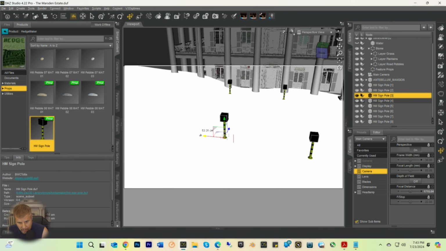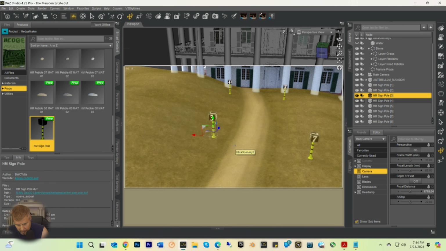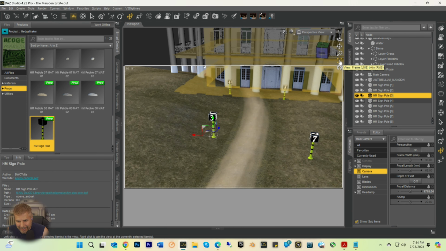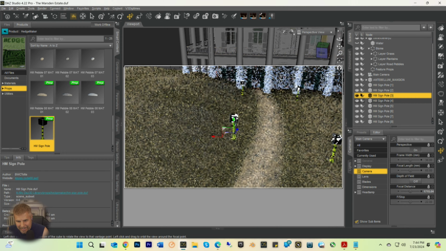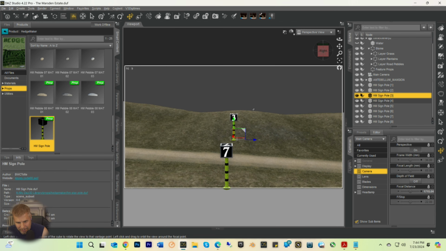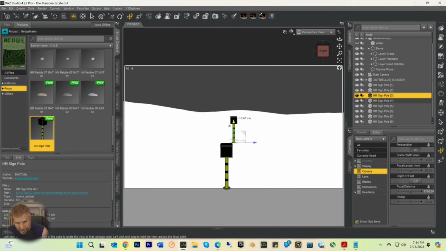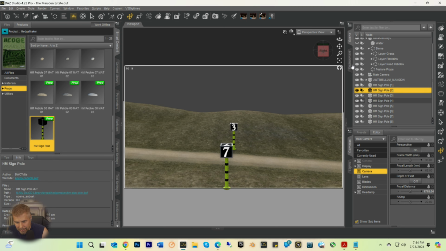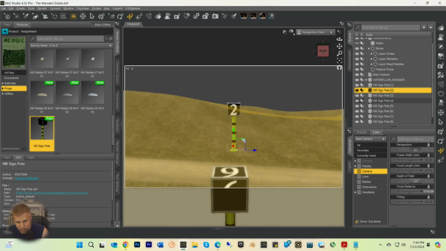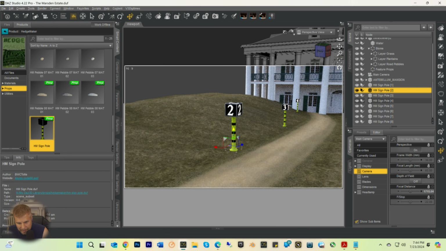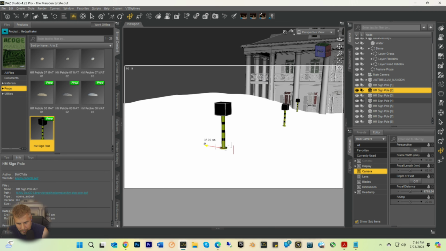How did that get in the middle of the road? Oh, it's because I didn't look at them from the right angle. Watch Rex and Chris on the Twitch. Yeah. It's a learning night with lots of information, lots of stuff to learn. Okay, there's that one. And this one, 2. We're going to bring that one over